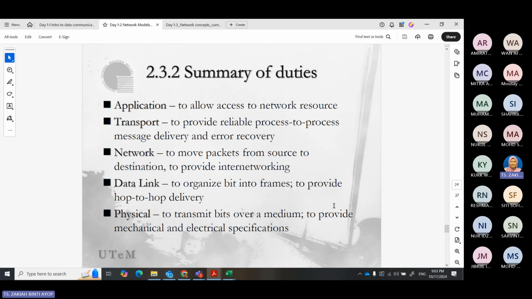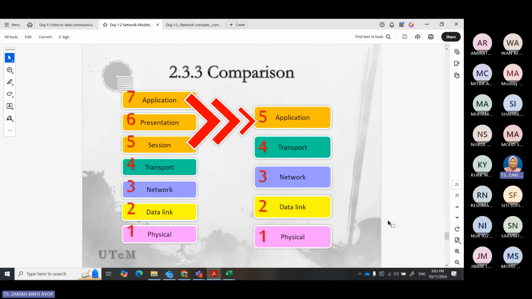The function is the same. They don't have a difference from the OSI, because they need to conform to the OSI. The only difference is that the application, presentation, and session are combined together into the application. So as you can imagine, if we want to use WinZip or WinRAR, it's an application itself, right? And you can do the compression in that application.